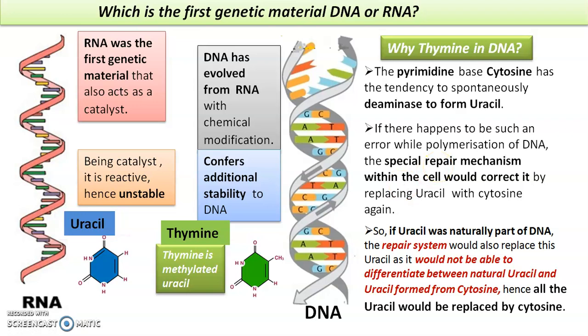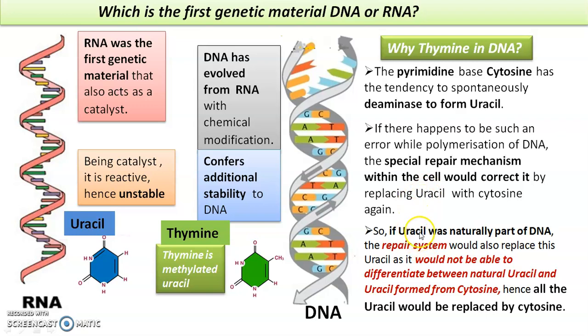enzyme DNA polymerase itself, which goes on extending the strand of DNA, that enzyme itself takes care of proofreading. It goes on seeing, it takes a round of seeing whether it has added the right bases. So if it sees such an error that instead of cytosine uracil is there, it will very naturally promptly remove it and replace it with cytosine. So this proofreading mechanism is there in DNA as a repair mechanism. In RNA it is not there.